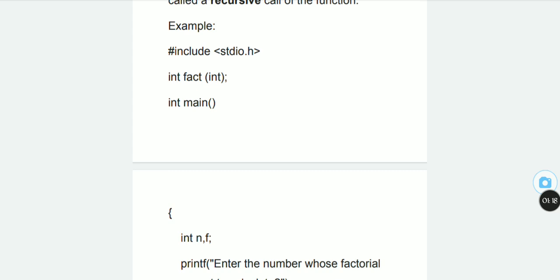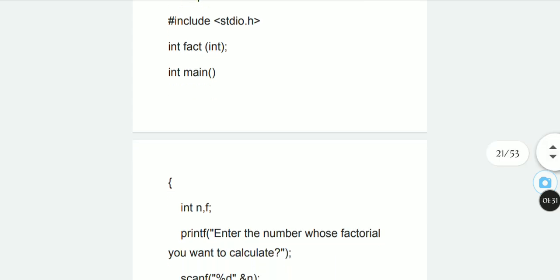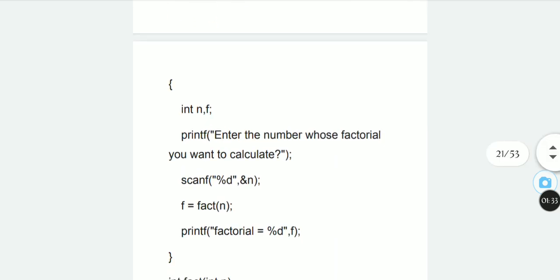We get a fact value as an integer, and that integer value is going to be returned in integer type. So I use int fact(int) and declare a main function. In the main function I declare an n variable which is going to get an input from the user.